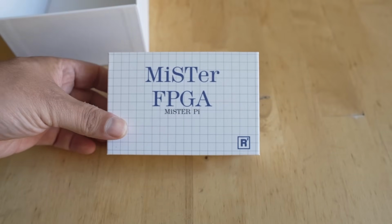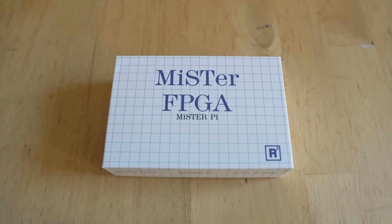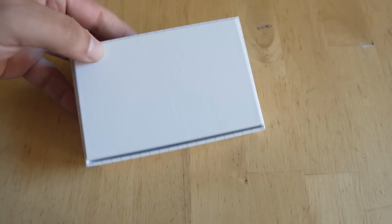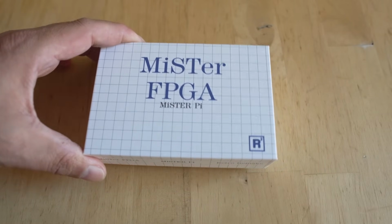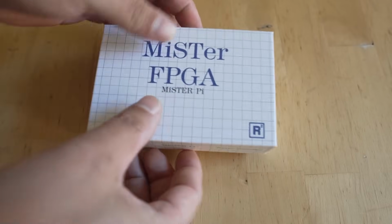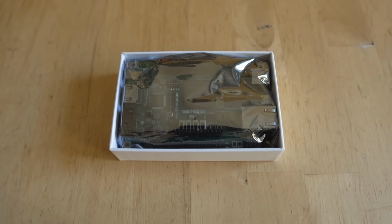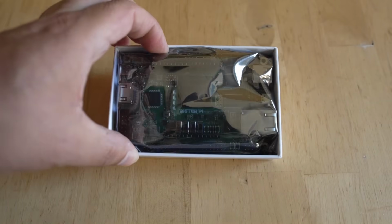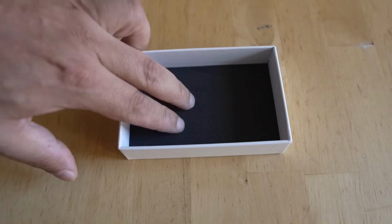But Taki Udon and Remake have gone through and made a custom PCB for the SuperStation 1, which still has all of the quote-unquote MiSTer FPGA hardware on there, like the actual Cyclone V system on a chip FPGA chip, but it's going to be a much simpler design than actually building your own. And I think if you don't have a MiSTer yet and you're still thinking about getting one, I know Taki Udon is going to be restocking the MiSTer Pi soon. It is a fun way to jump in and start playing MiSTer FPGA now, maybe while you wait for that